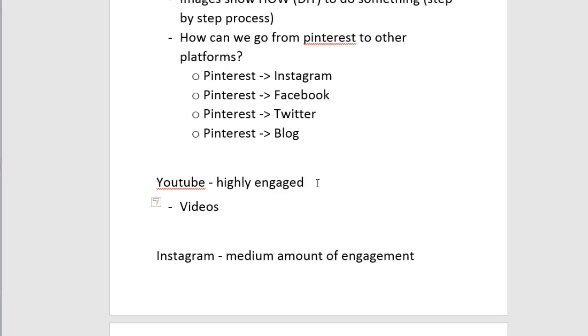So we can't necessarily upload from Pinterest to YouTube, but we can post from YouTube to Pinterest, right? Because with Pinterest, the way it works is you're really just posting images that are linked to a blog, to YouTube, or whatever link that you want.